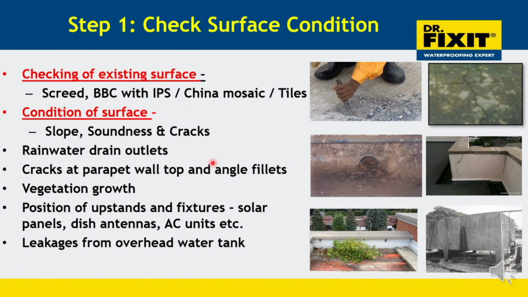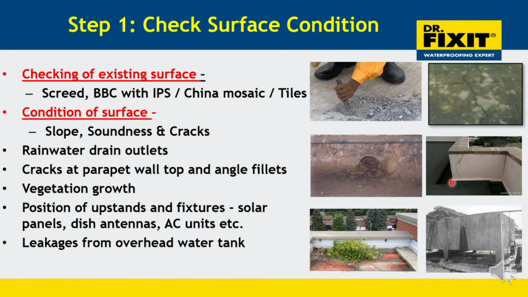Condition of surface. With the help of pictures, I would like to show you a few examples. You see there is vegetation over here. Vegetation is very harmful for any structure. This is a serious source of leakage. You see the water tank is leaking, and this water coming here is making the terrace weaker, because the continuous flow of this water will lead to leakage from the terrace.